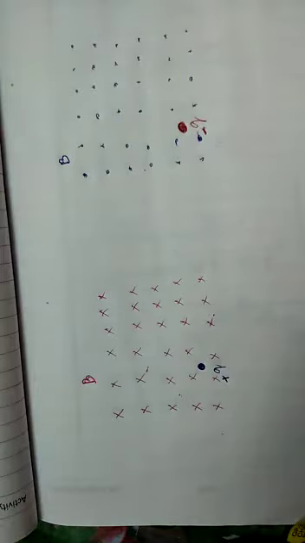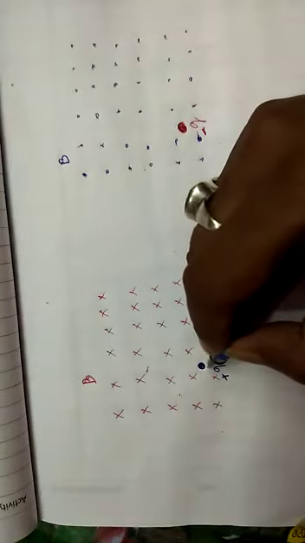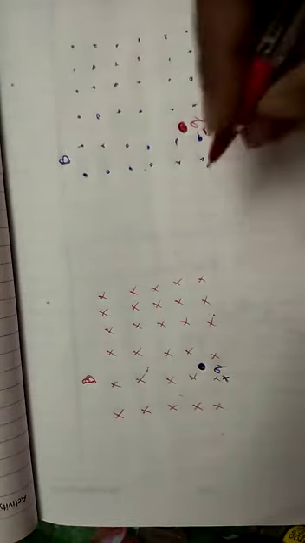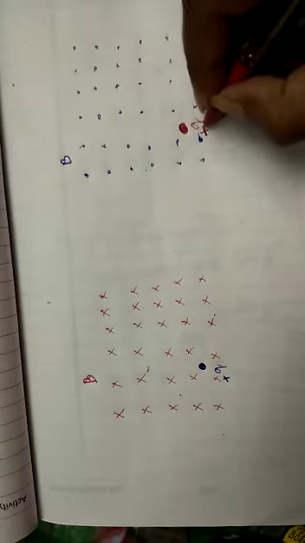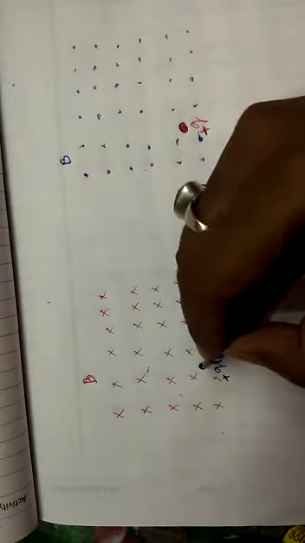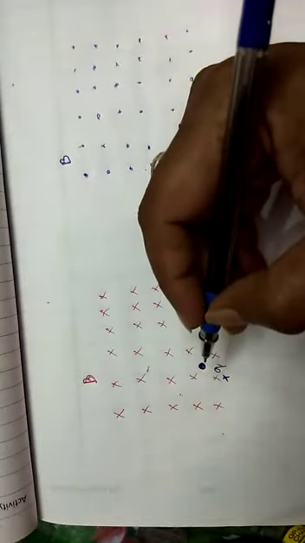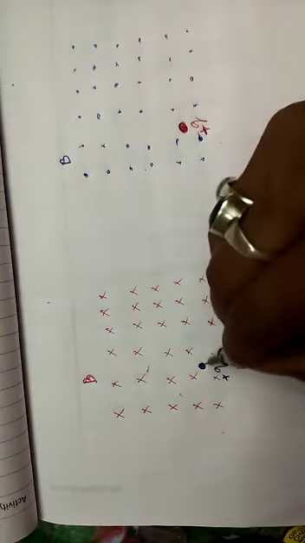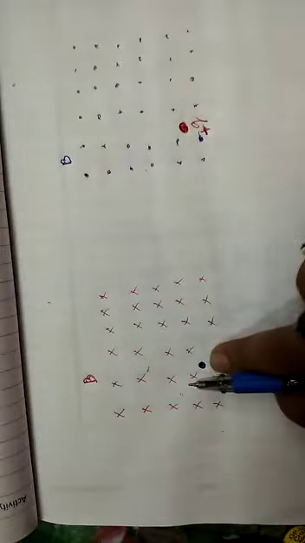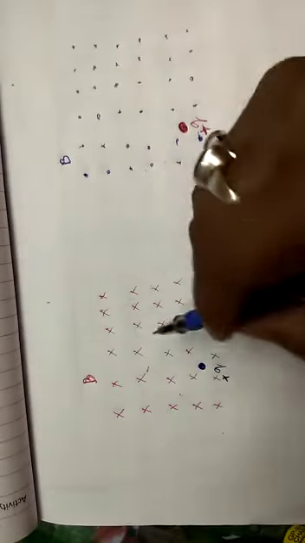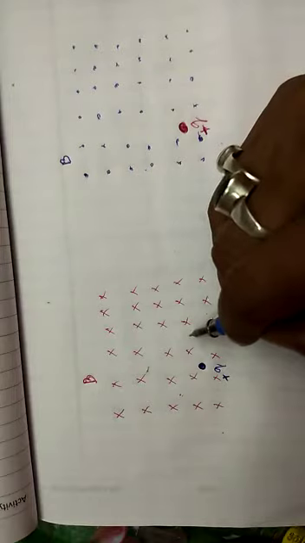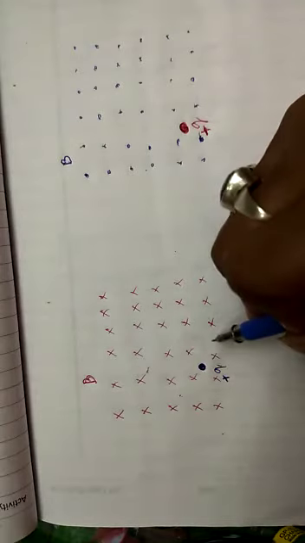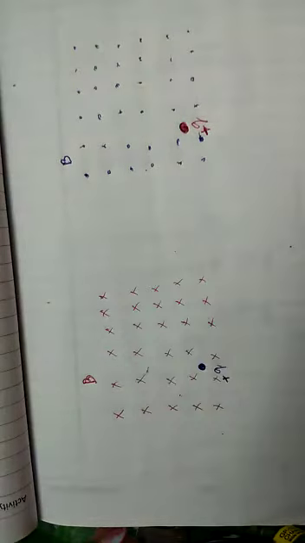Okay. Now if a charge is kept in this magnetic field, here in cross or in dot, both the charges are positive charges. If you keep a charge, what will be the force? Be sure that if the charge is stationary, no force will act on this charge. So if the field is a magnetic field, be sure that no force acts. Only force will act if the charge starts moving.